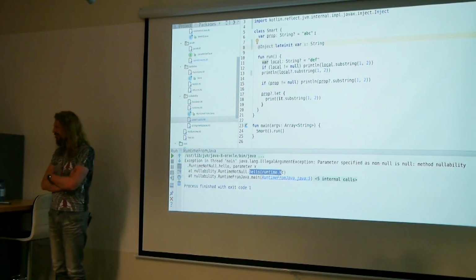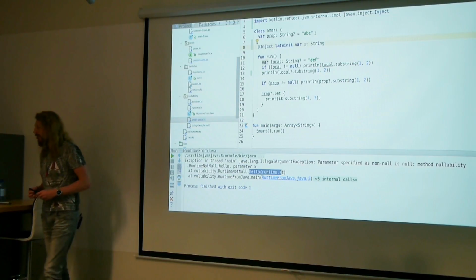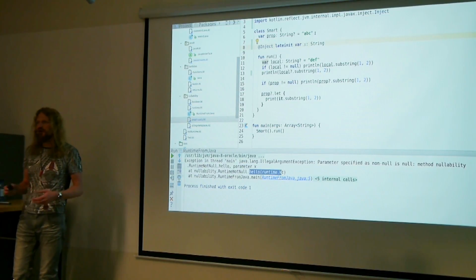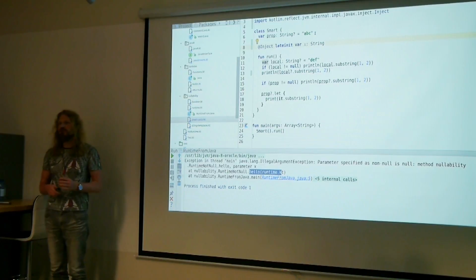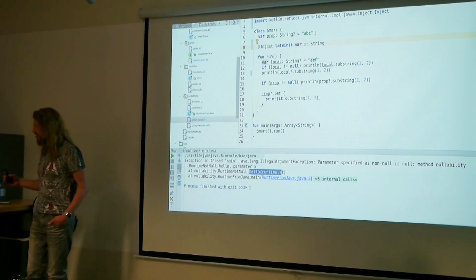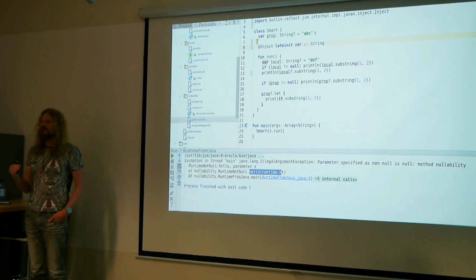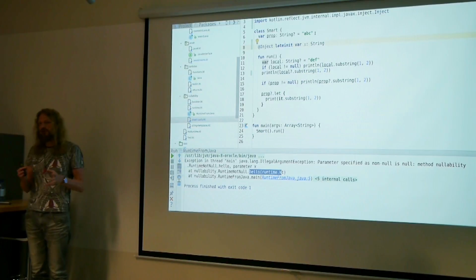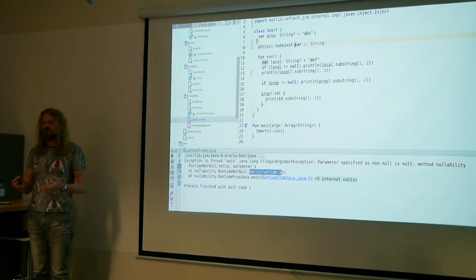So it also means that you're giving away the compile-time check in favor of a runtime check. If you declare something as lateinit, it means that it will be initialized after the constructor has been called, but you're still pretty sure that it will be initialized once you start using it.